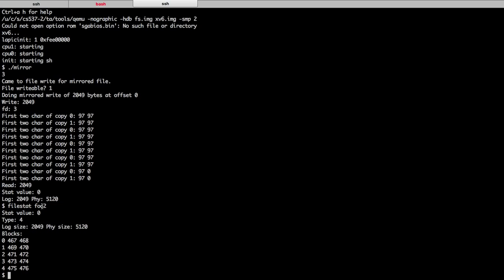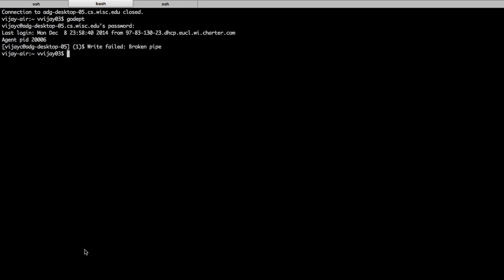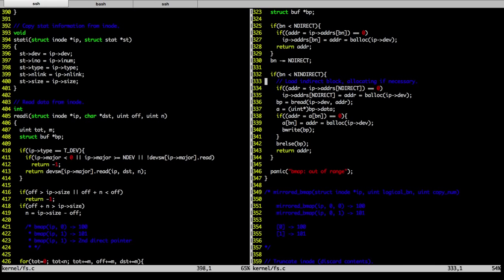Okay, the really hard part, or the different part that we're doing, is how do we get all these block numbers that we have here. The way I did it was, I added a new system call which interfaces with bmap. Remember that our mirrored bmap, if you give it an inode, a logical block number and a copy number, it will tell you the block addresses. So all I did was build a new system call that calls mirrored bmap given